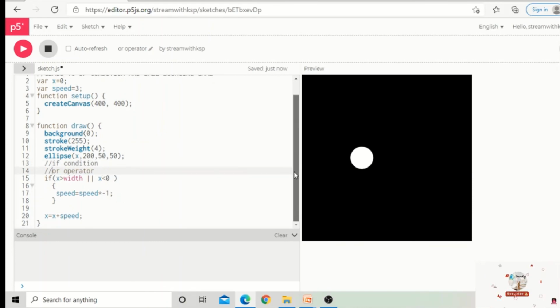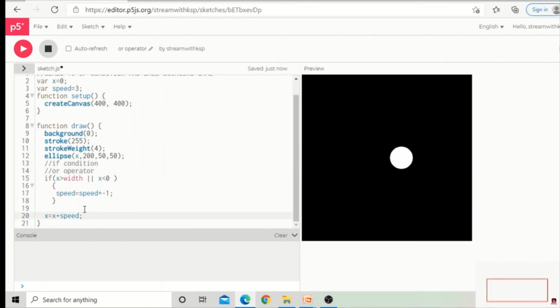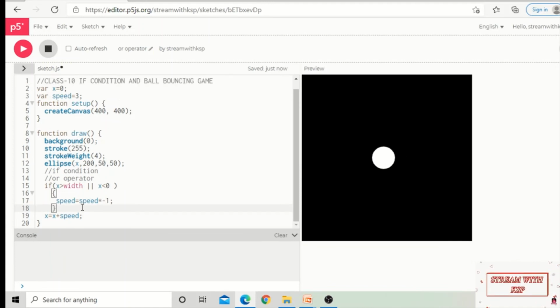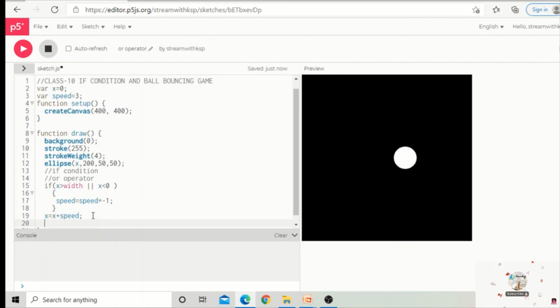Now we will discuss the NOT operator, and regarding the NOT operator, I will be showing just one statement here. The NOT operator has the same meaning as we pronounce it. NOT means it is going to return the other value. If it is true, it is going to return a false value. If it is false, it is going to return a true value. True and false are called Boolean values in programming languages.